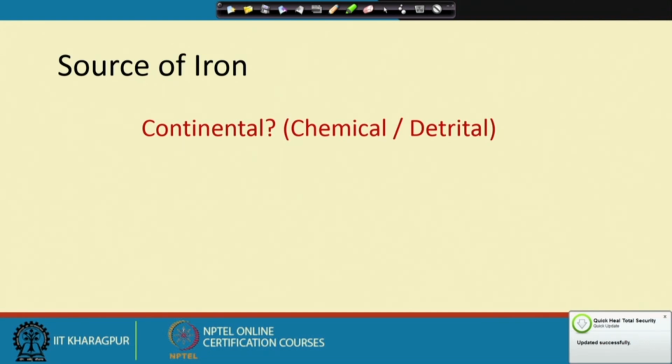Now, while addressing the origin of this iron ore, the most interesting aspect is that we see them to be pretty extensive, a huge quantity of iron being mobilized. So the very basic question arises: what could be the source of this iron? And as we discussed earlier during the introductory sessions, while discussing the temporal distribution of the various types of mineral deposits, we